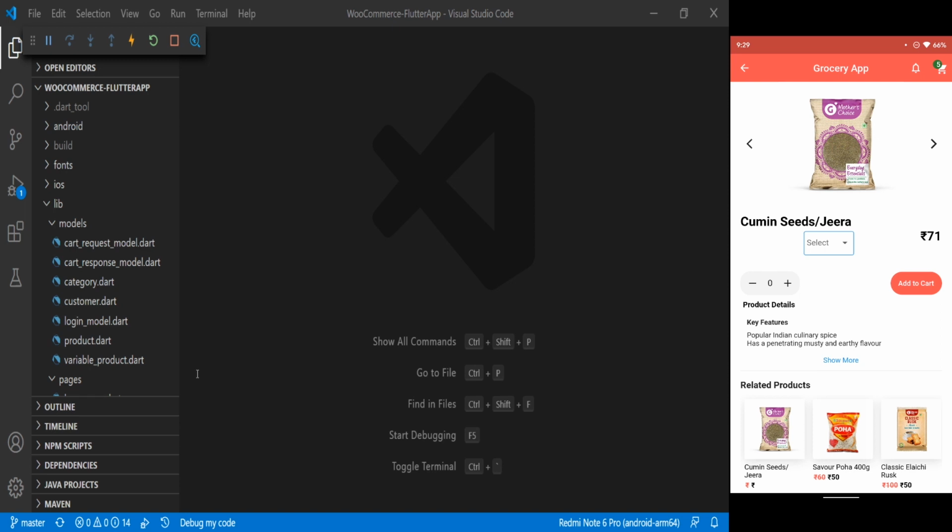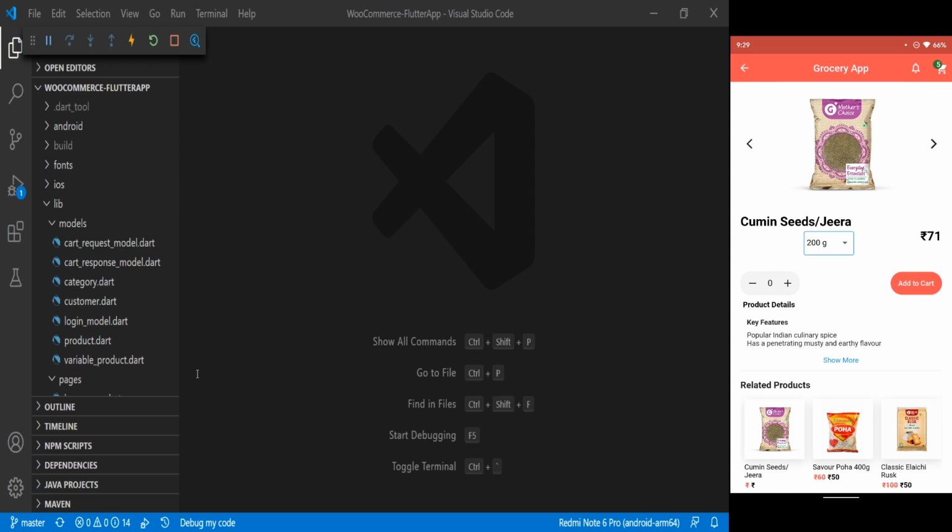In this video, we will modify our application to handle variable products. Variable products are basically those products which have multiple varieties. Just for example, if you can see on the screen, we have this product with two varieties. First one is 500 gram and second one is 200 gram. If I click on the 500 gram, it will show the price according to that product variety. If I click on the 200 gram, you can see that the price will change on the basis of